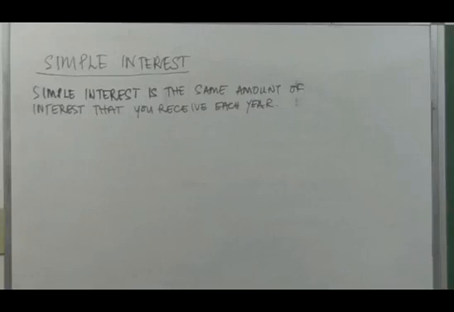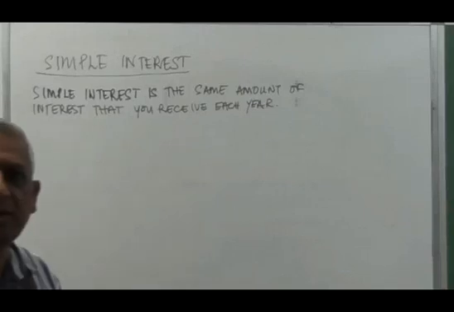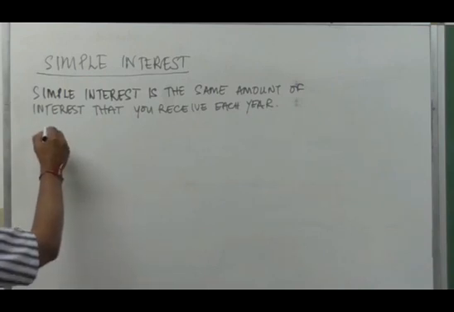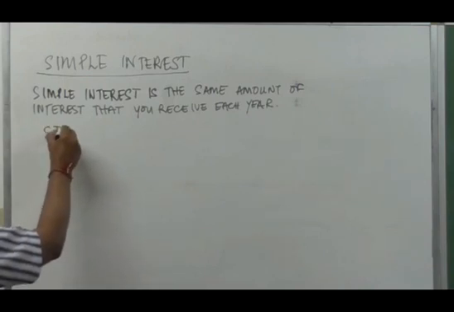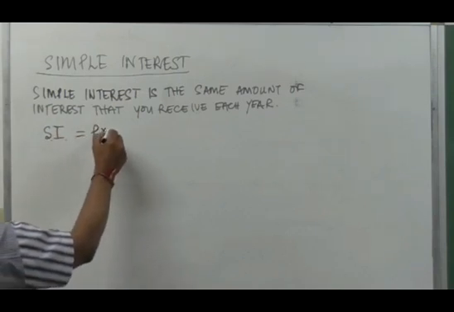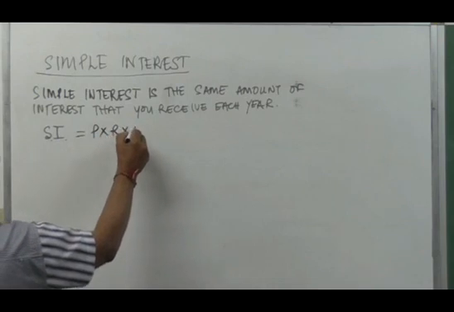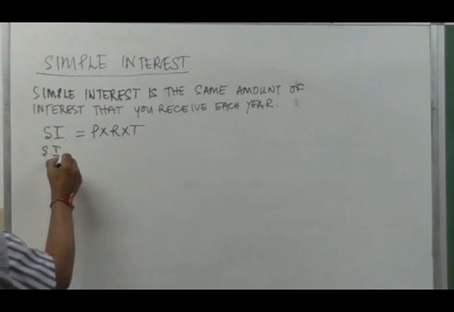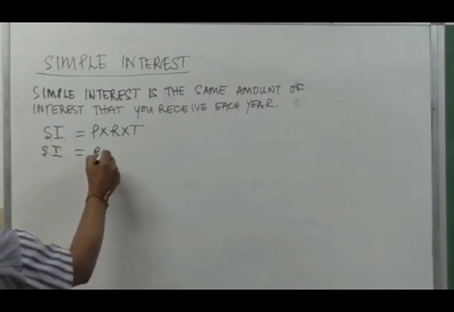Welcome. Today we're going to discuss simple interest, and as you can see, simple interest is the same amount of interest that you receive each year. So the first thing we need to know is what is the formula for simple interest. So we could say SI, simple interest, is equal to P times R times T. Or we could write it like this: simple interest is equal to principal